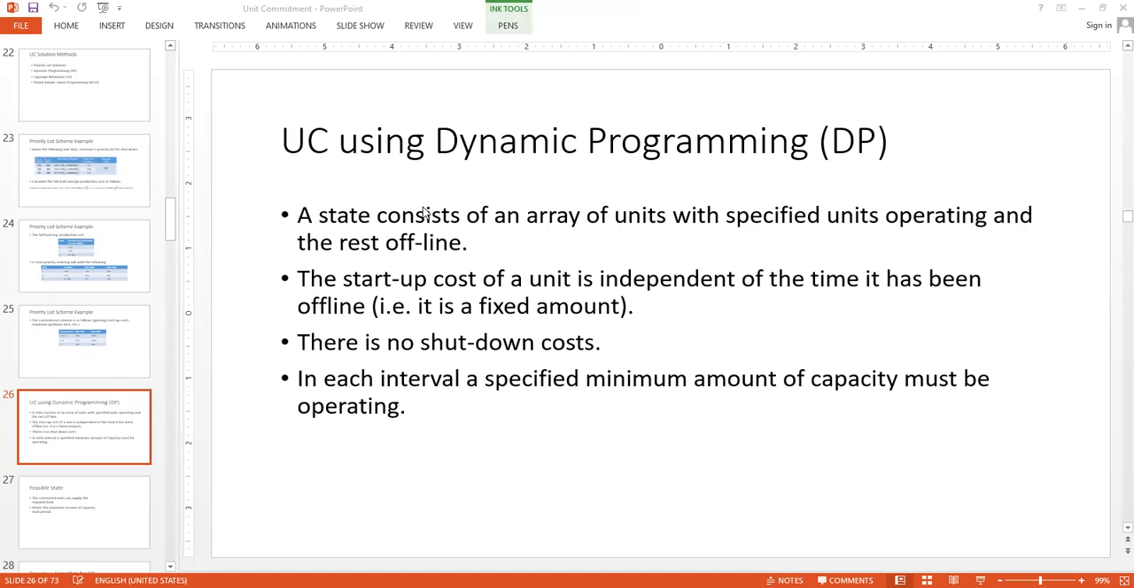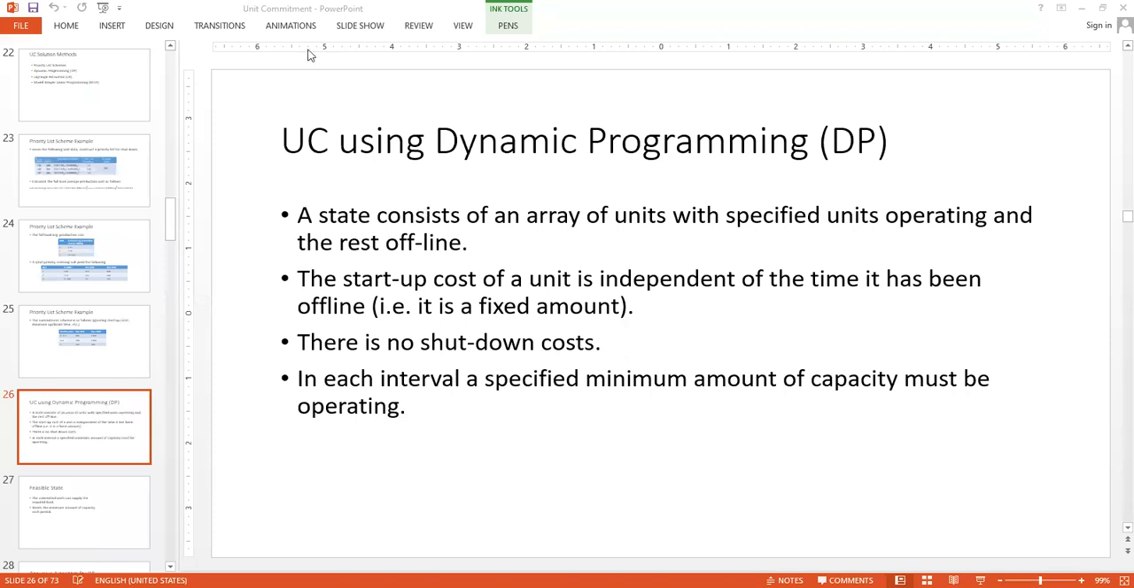Okay, a state is nothing but a combination of the units which are available or which are actually present in a power station. Okay, so let's say you have 3 units. Among the 3 units, some of the units will be turned on and some of the units will be turned off. So the combinations among the different units, some of them turned on and some of them turned off, these combinations are actually known